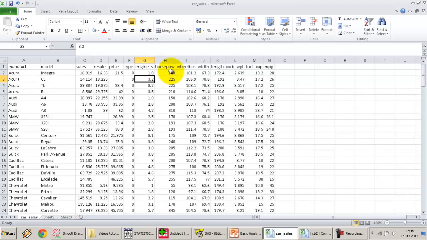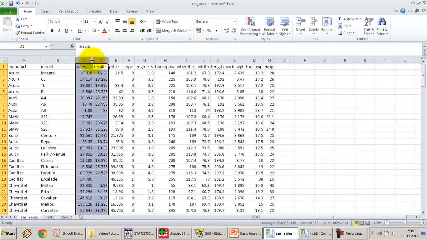Consequently, horsepower is also an attribute of the car. Wheelbase, width, length, curb weight, fuel capacity, miles per gallon. These are all parameters of a particular car, right? And then what we see over here is the sales price of the car. Two particular columns talk about sale and resale of the car. These could be any particular measurement. And then we've got